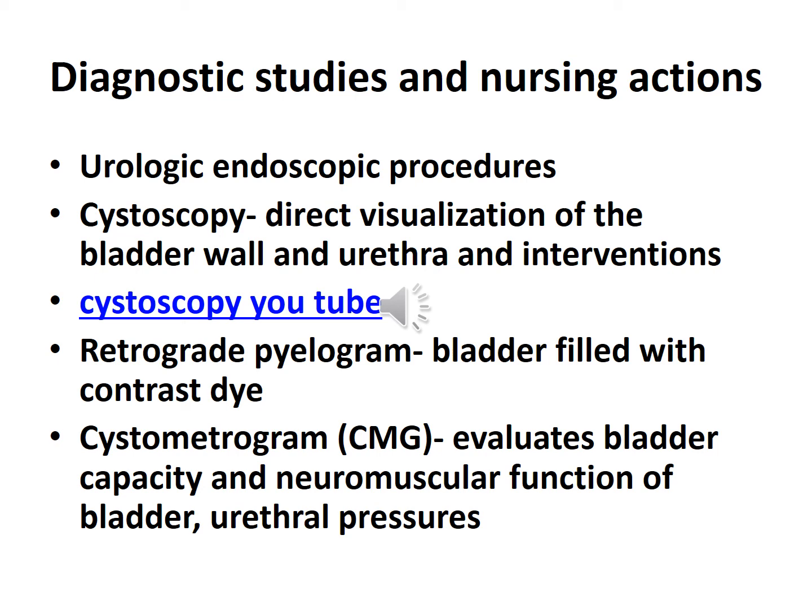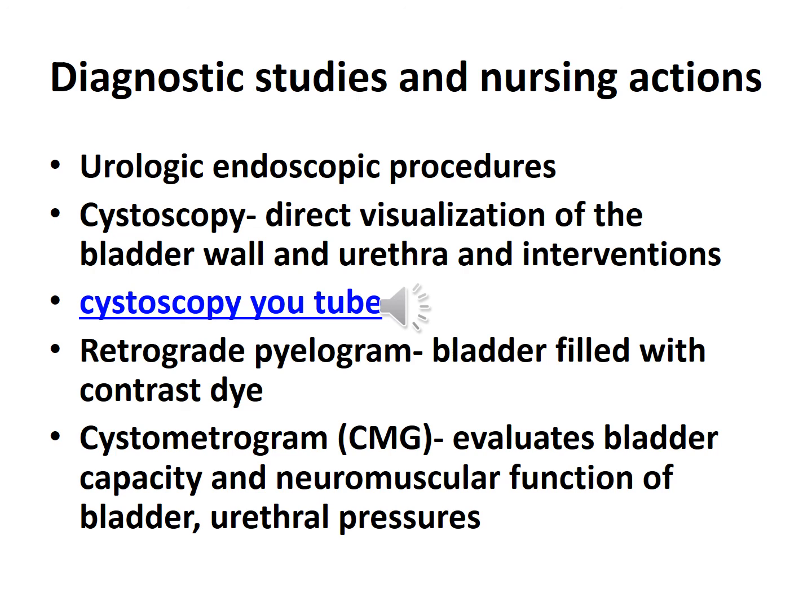The CMG, or the cystometrogram, is a urodynamic testing of bladder function. It evaluates the motor and sensory function of the bladder with patients with incontinence or neurologic bladder dysfunction problems. It's often used to determine causes of recurrent UTIs or urinary retention, or to determine the type of incontinence. So to do this procedure, the patient is going to void, and then a special urinary catheter is inserted. Residual urine is measured and recorded,